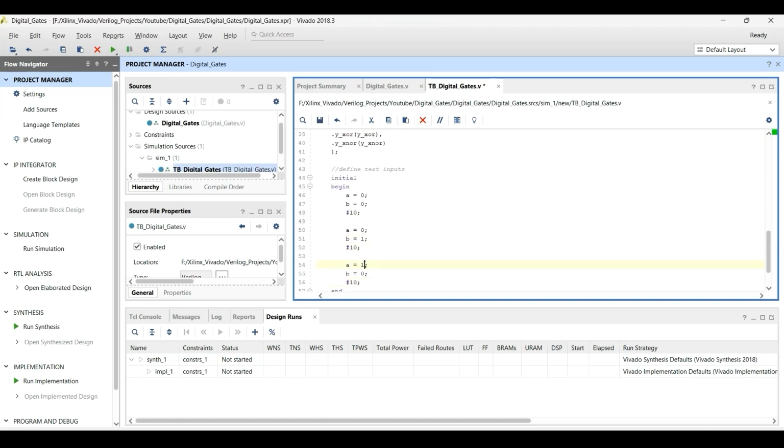And do it for other situations like when B is 1, A is 1, and both inputs A and B are 1. And by writing $finish, we tell the simulator that our simulation has finished.